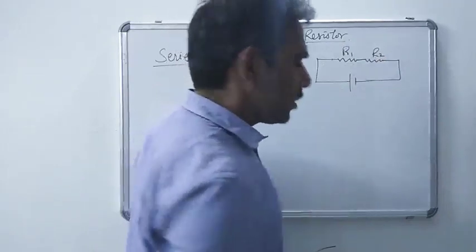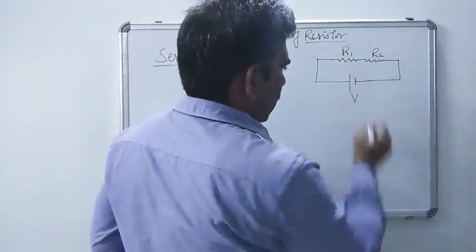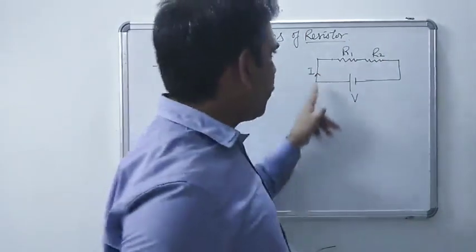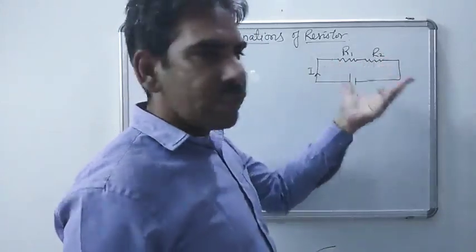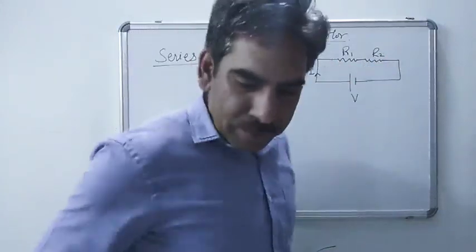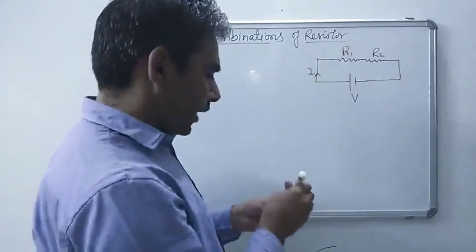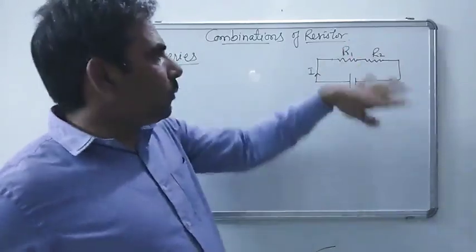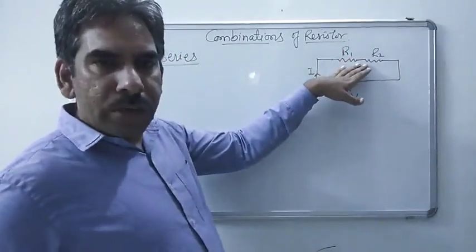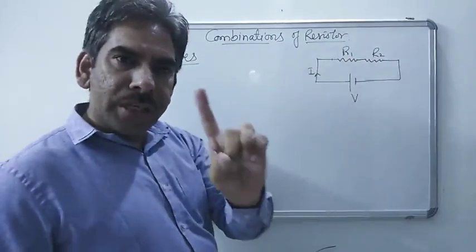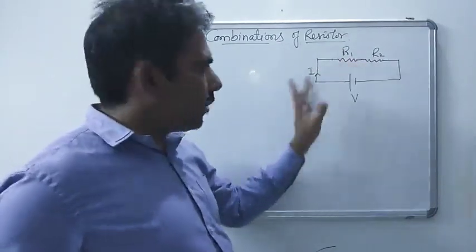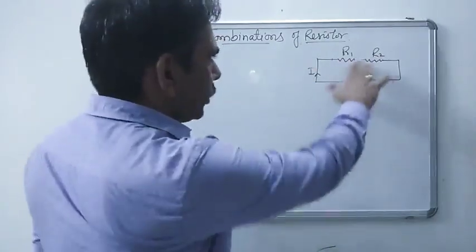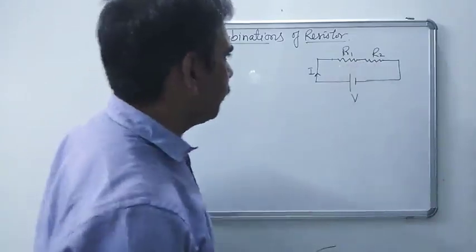So if we connect the resistors in series and apply some potential V, there will be some current which will flow through the circuit depending upon what resistance these two resistors connected in series will produce, right? So what will be the effective resistance of these two resistors? Effective resistance means either we make use of two resistors R1, R2 and connect them in series, or we take the single equivalent resistance and connect here. It will give the same value of current, right? So what will be the equivalent value of resistance or net value of resistance whenever the two resistors are connected in series? So let us find the formula.